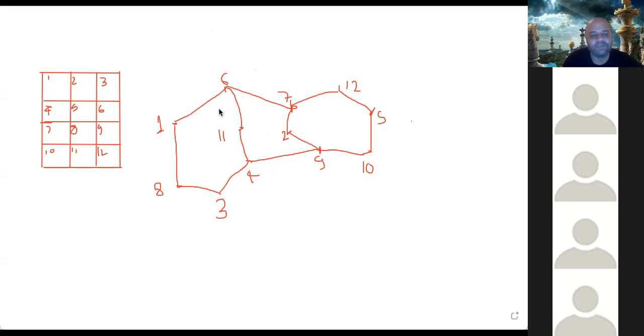Okay, so now you can just put wherever the positions of the current knights are. There is a black knight here, then there is a black knight at number 2, and there is a black knight at number 3. This is where currently the black knights exist. And where are the white knights? Number 10, number 11, and number 12. Okay, now you know this.